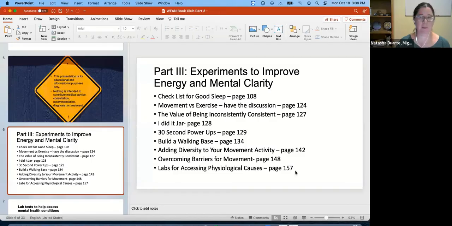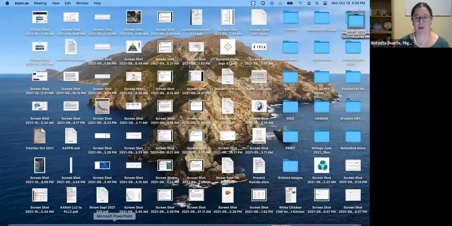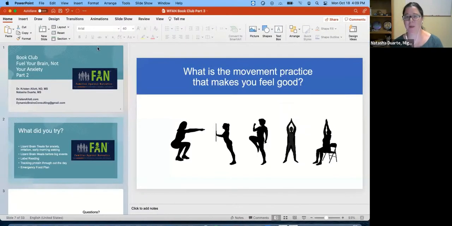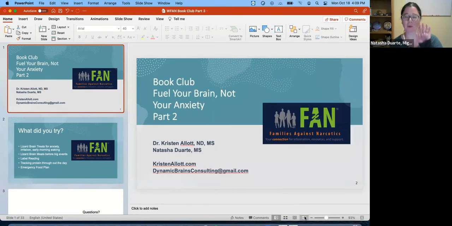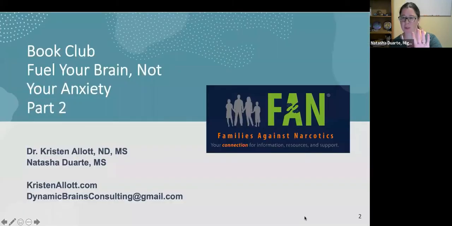So just a couple reminders while I'm talking. Kristen will be letting folks in, but we are recording this, just so you know. I do block out other people's images. So feel free to leave your image up if you'd like. It will not be a part of the posted recording. But because we are recording this, if folks can stay muted unless you're talking, that would be great. That just helps.